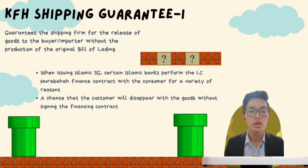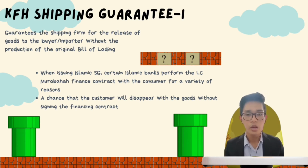So the importer is going to need more time to wait for the original bill of lading to be received, and then the goods are going to be allocated in the warehouse in the port, for which they might receive an additional charge for the warehouse. So the shipping guarantee helps the importer to receive their goods, their products, early when they arrive in their